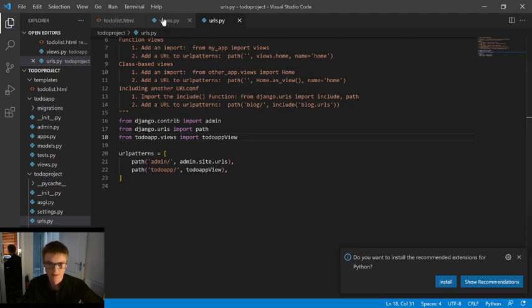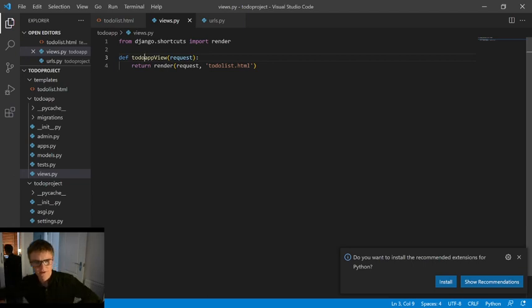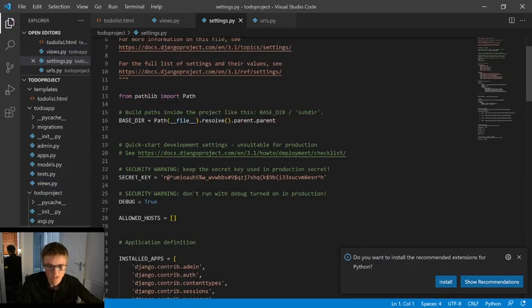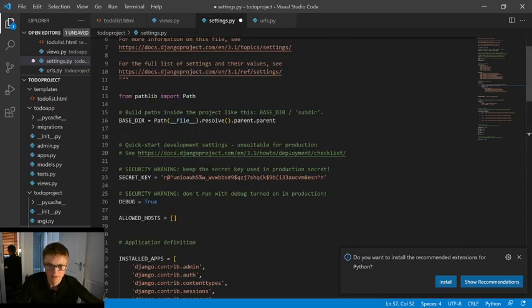So let's save that, and then let's just change it in our views to todo app. Okay, the other thing we need to tell Django is where to find this template. So if we go to our settings, we can scroll down until we see templates, and then in this DIRS part, we're going to say os.path.join BASE_DIR, which is just the directory of our project, with the templates folder that we created. Okay, and then we're going to have to import